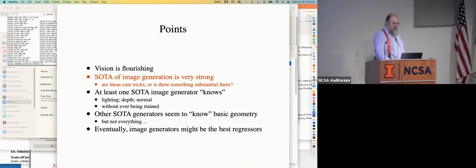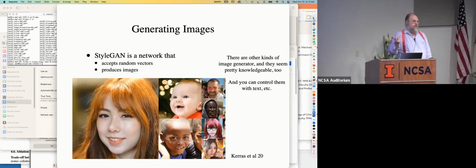Okay, image generation works really well. Here's one way you could do it. You take a neural network, you give it random vectors, and then you basically smack it until the random vectors turn into images. And you do that with an adversary that looks at what comes out of the network and says, hey, that isn't an image, change what you're doing. That's StyleGAN. There are all sorts of architectural issues, but it's really pretty good at producing images.